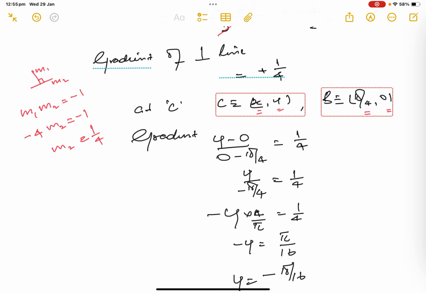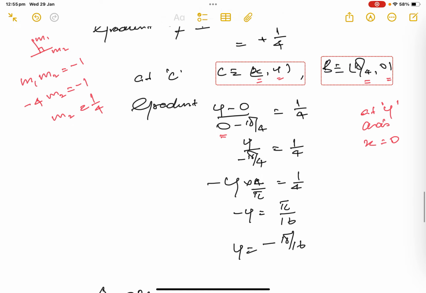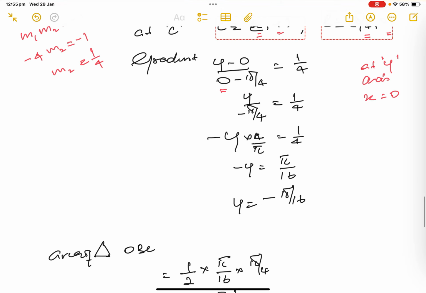X is x minus pi by 4 at y-axis, x equals 0. That's what we put here, 0. 0 minus pi by 4. So if you remove all the zeros, y over minus pi by 4 equals a quarter. Just a little algebra work. The y times pi by 4 is 1 over pi by 4, which becomes 4 over pi equals quarter, and cross multiplication, y